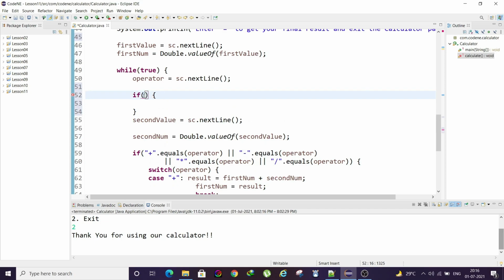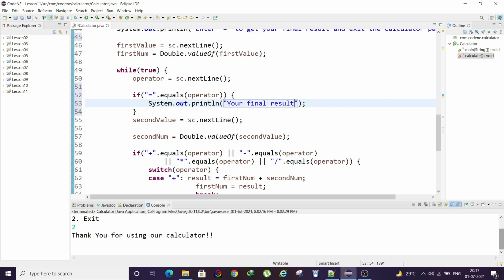So here equal to dot equals, then here we'll check for the operator. If it's equal to, then we'll run this code. Your final result is, of course we'll put the result, right?